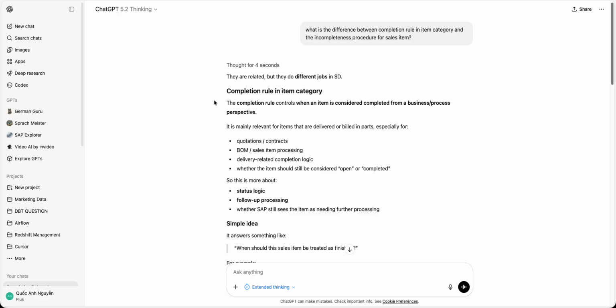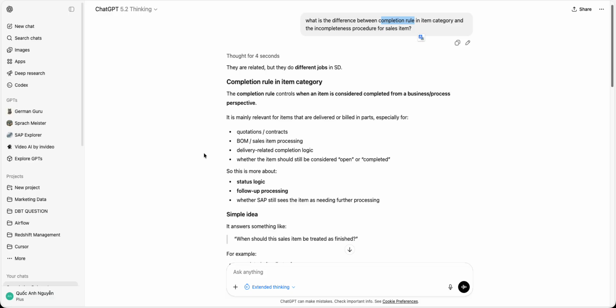Coming back to the question: what is the difference between the completion rule in the item category and the incompleteness procedure for sales items? I think we have already covered the completion rule. If we double click on that, it is a completion rule for contract and quotation only, so more or less referencing